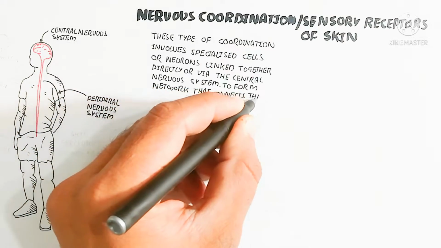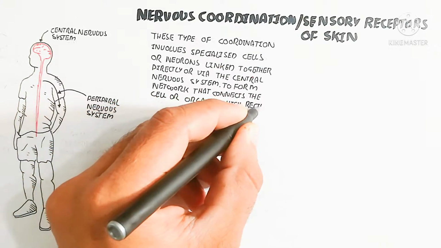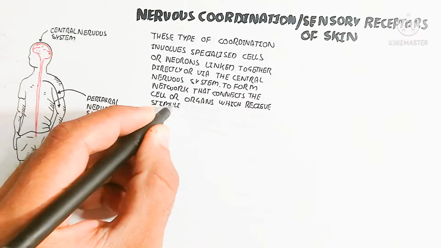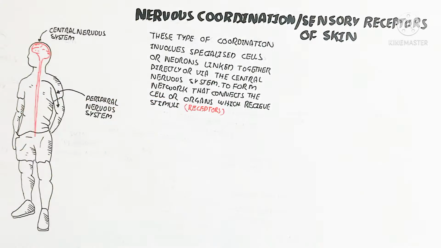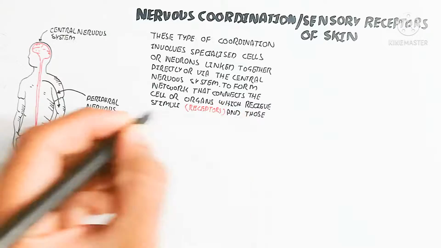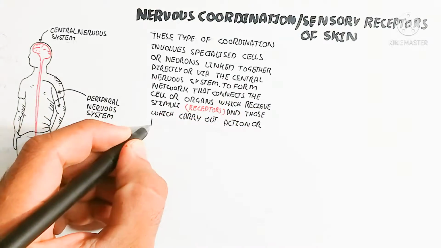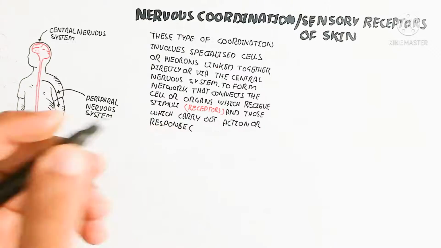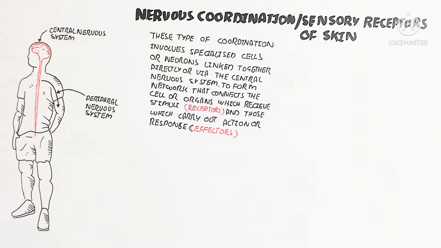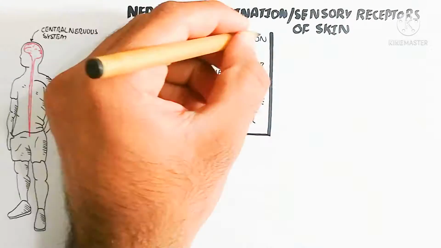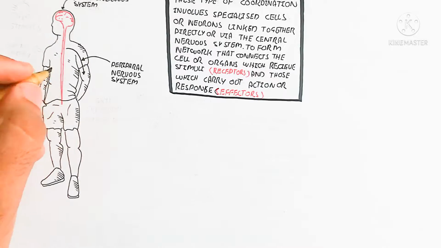Those which receive the stimuli are known as the receptors, and those which carry out the action or response are known as the effectors, for example the muscle. The receptor, for example, is for pain. In this way, the receptor receives the stimulus, and the sensory neuron will move toward the